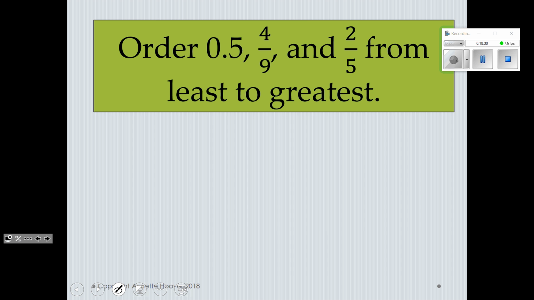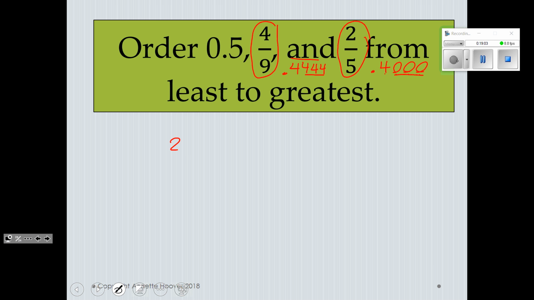When you're ordering numbers, and some are decimals and some are fractions, again, you can convert them all to fractions or all to decimals. I know that 4/9 is 0.4 repeating, so that'd be 0.44444 continuing on. 2/5 is the same thing as 4/10, which is 4 with zeros after it. I'm just showing you the digits that are after it so that we can compare. So from least to greatest, what is the smallest? We see that 2/5, which is